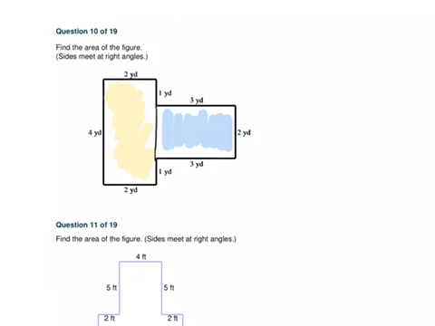So let's find the area of the first one. If I split this up, remember, if I drew a line down there, then whatever is across from that line is also equal to it. So since across from that line is 2 yards, then that line that I drew to split up the 2 rectangles is also 2 yards long. So that tells me that 2 yards plus 1 yard plus 1 yard is 4. So the length of this rectangle is 4, and then the width is 2. So the area of the first rectangle is 2 times 4, which is 8 yards squared. That is the area of that first yellow